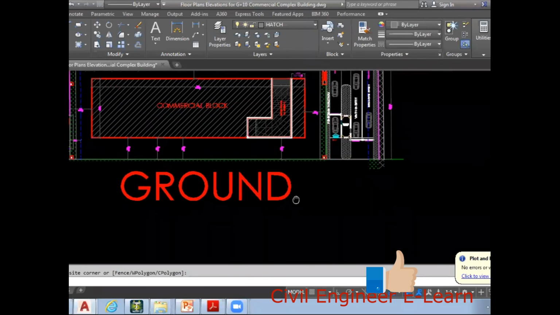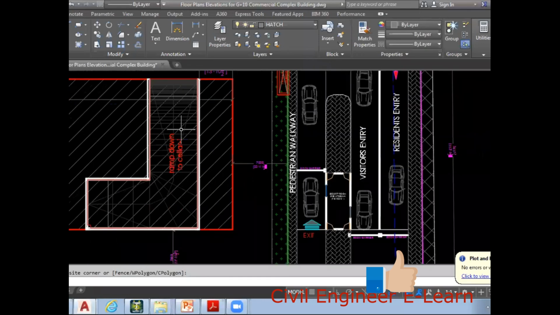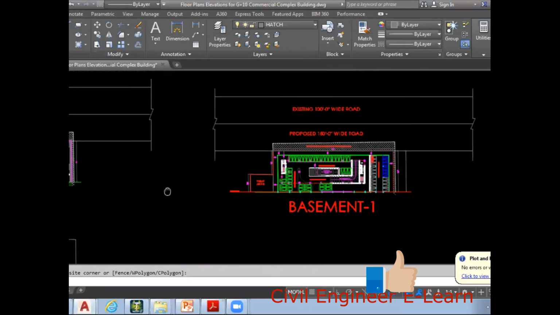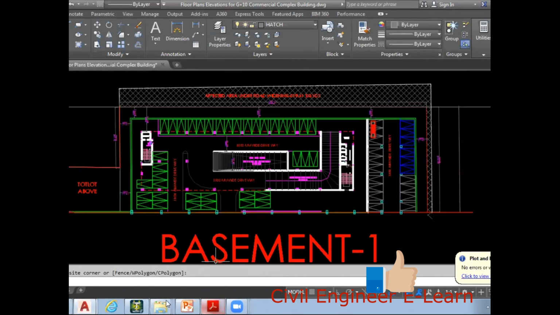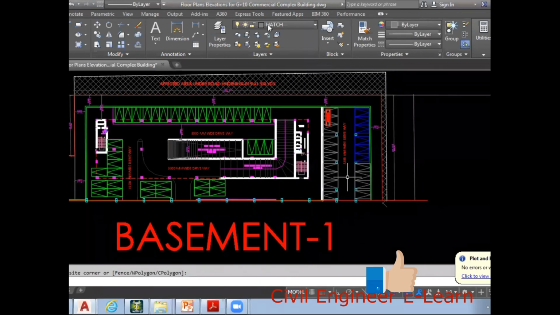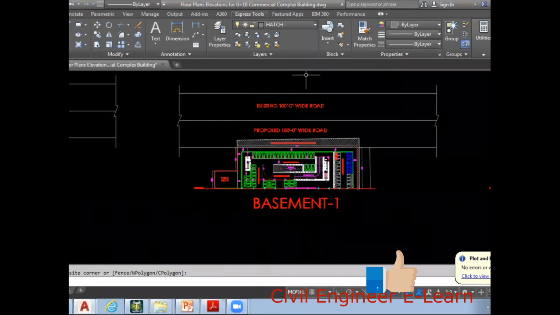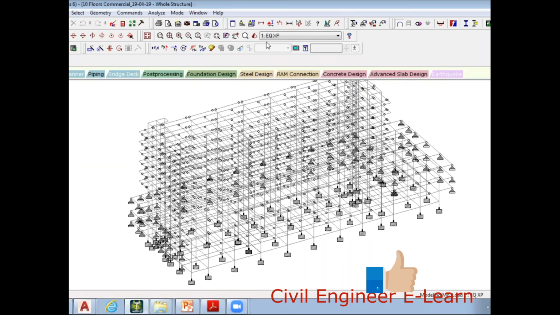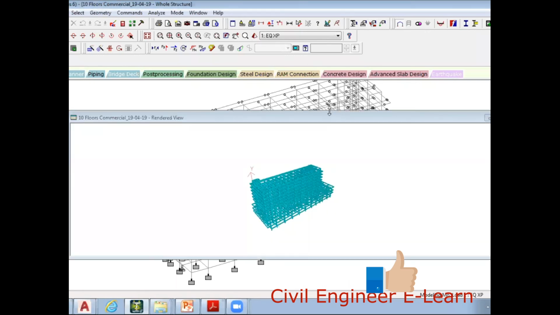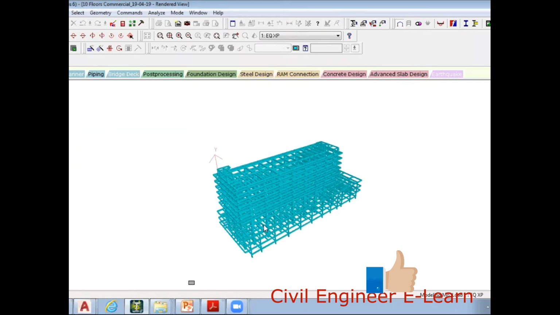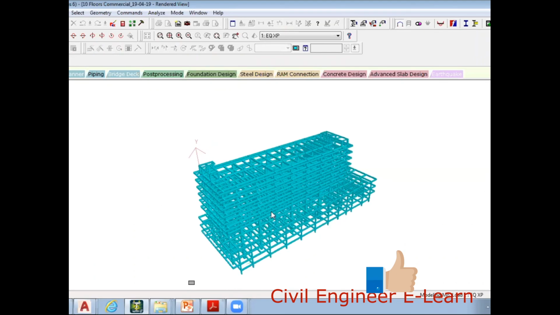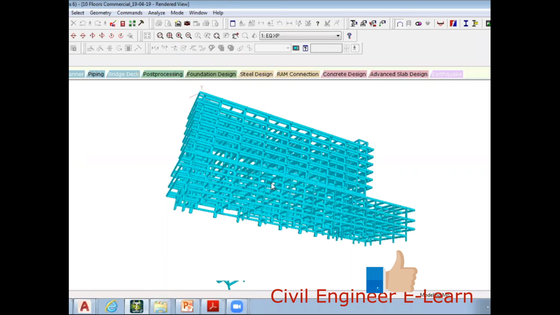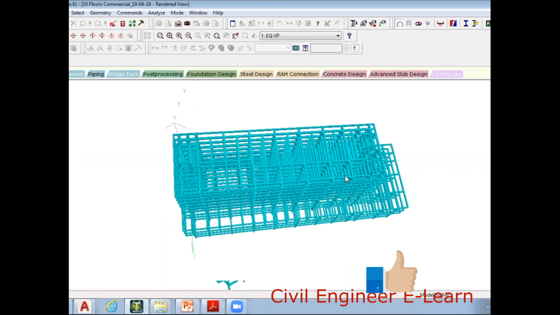And this is a ramp, showing how the ramp is connected to cellar 1. This is a ramp connected to cellar 1, and this is again a ramp connected to cellar 2, right? I can just show you, just to make you more interested. I'm going to show you this STAAD file. This is the STAAD file that we have used for designing this structure. See how the structure is now designed. This is what we are going to design in the next few days, I can say in a week's time, most probably.